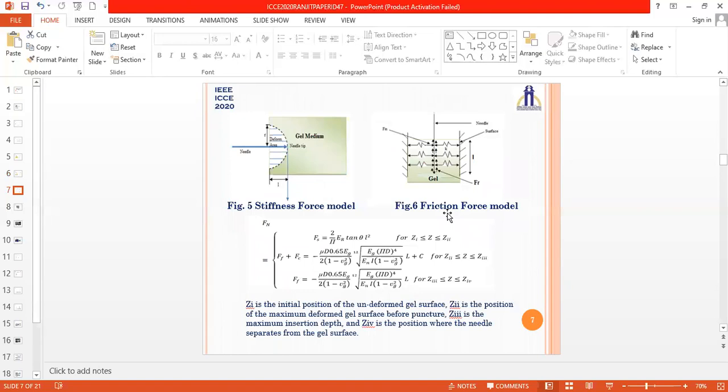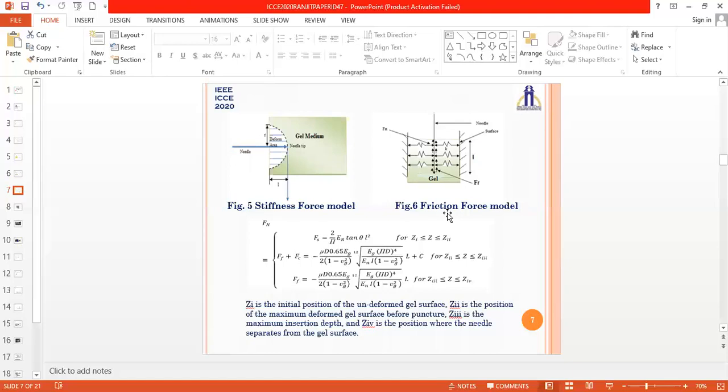As I have already said, in the step 1 position, whenever the needle tries to insert, at the puncturing point of the needle on the surface of the viscoelastic material, this surface creates an arc. This is due to the stiffness force, and whenever the needle reaches the maximum resistive force of the viscoelastic gel material, it can puncture this point. So this stiffness force depends on the internal property of the gel material, that is the Young modulus.